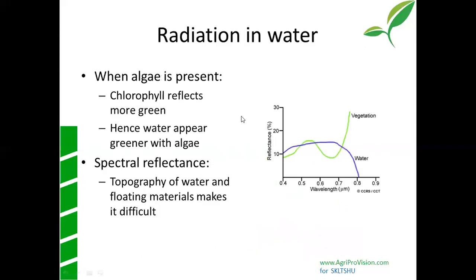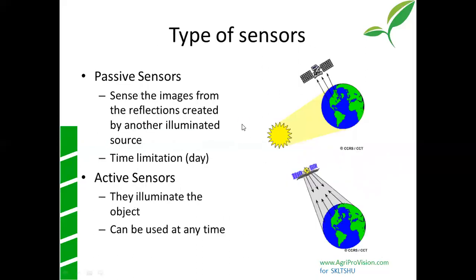Radiation in water again has two different things depending upon the chlorophyll. If you have more chlorophyll or more vegetation, you have more reflectance of green. So when you have more algae, as I said, you have a more greenish appearance in your remote sensing. And if you have deeper water like oceans, the light does not penetrate from the bottom to the top, so it becomes black. If floating materials are there, then it becomes very difficult because they also emit different kinds of wavelengths. So different kinds of disturbances will definitely appear in the case of radiation.